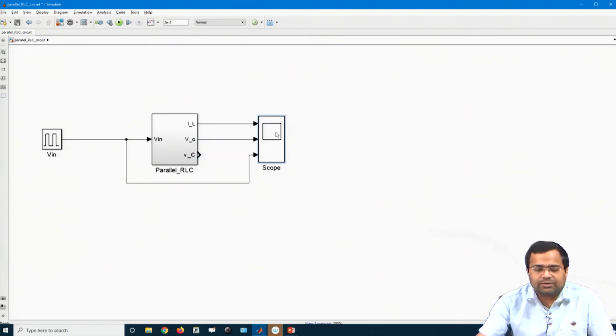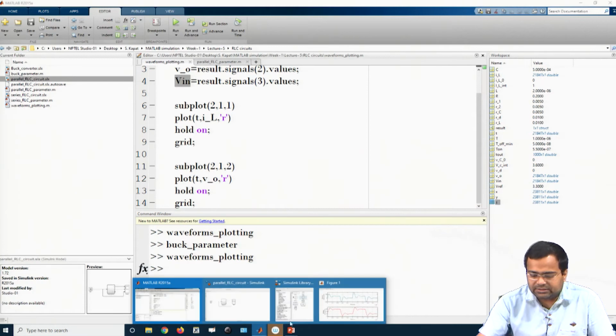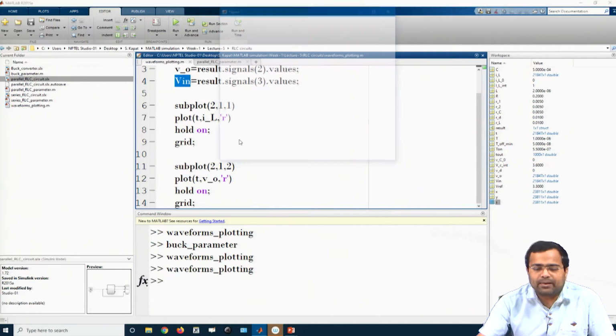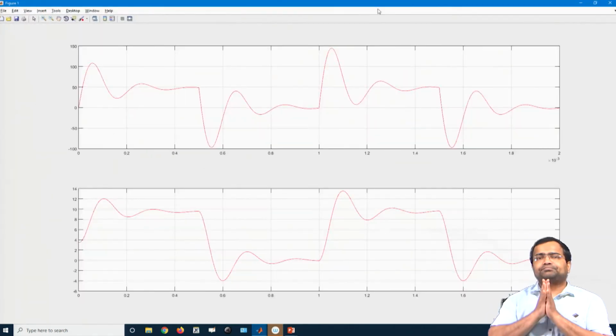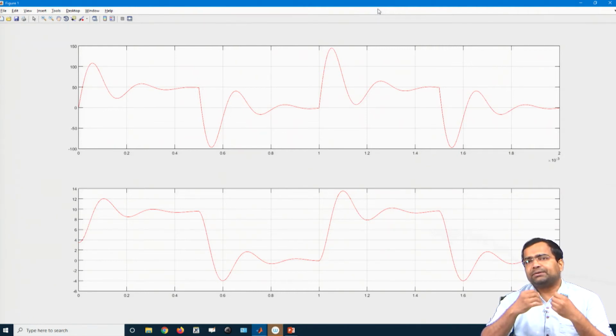Okay, this is a scope. So, whatever we did earlier, it will remain the same. We can run it, and then we can repeat this waveform, and it will show the same results. That means, what did we learn? We learn how to build a simulating block from our block diagram representation, which was derived from the mathematical model, and we have created a subsystem, and that subsystem we can call in my subsequent blocks.